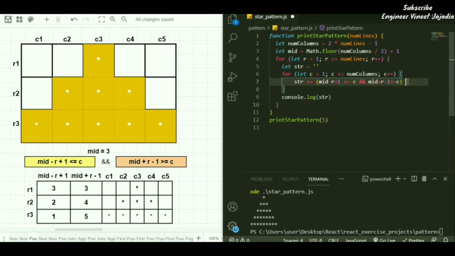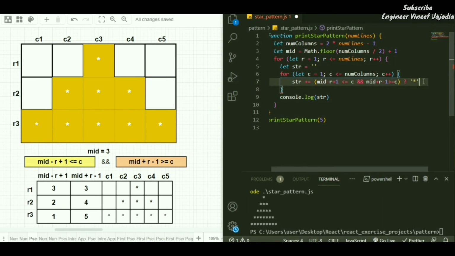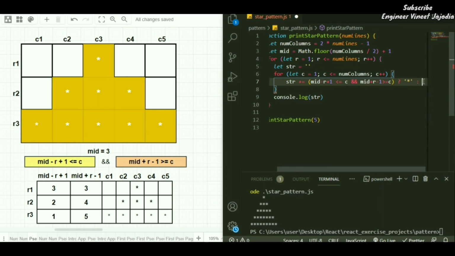If this condition is true, then we are going to concatenate the string with an asterisk. If this condition is false, then we are going to concatenate the string with an empty value.